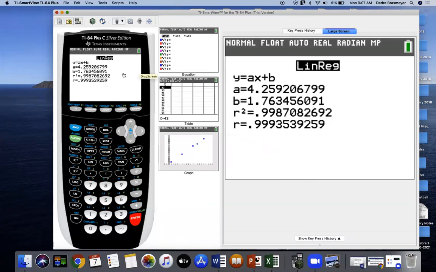And then this will be here from now on when you calculate linear regression, because that diagnostics will remain on unless you turn it off or reset your calculator. Now what we can do then is proceed as usual. We have our equation, y equals